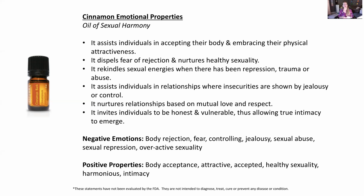It helps rekindle sexual energies when there has been repression, trauma, or abuse, especially if you've been abused as a child, or maybe you had a partner that was abusive, or maybe pornography addictions or things like that that can bring trauma into a sexual relationship. This can be very, very beneficial at helping restore healthy balances. It nurtures relationships based on mutual love and respect, and it invites individuals to be honest and vulnerable, thus allowing true intimacy to emerge. So if you do struggle in the sexual health department, really look at this oil,